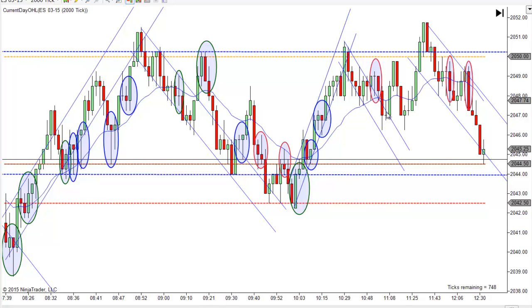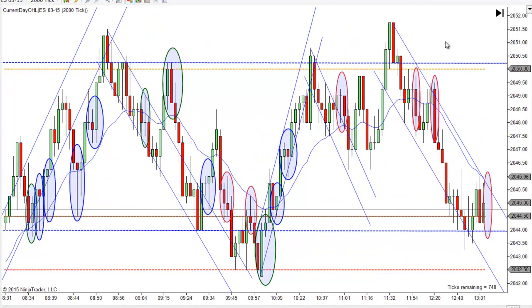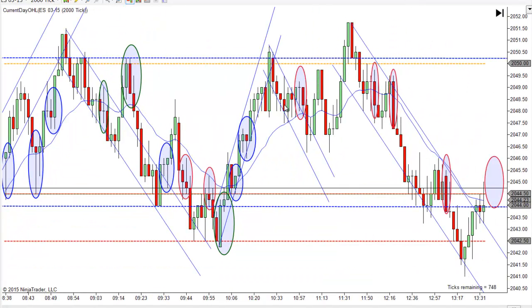Nice easy scalp, then it bounces again, and you might have even thought about taking that short, but with the break of this little channel and a move here, I was afraid we were going to try to go higher, which we ended up doing. But what it is, it turns out there's a trading range across here. Look, there's a few more overlapping bars here than here too. So you get a failed break lower, a failed break higher, then another failed break lower, and we try to push up